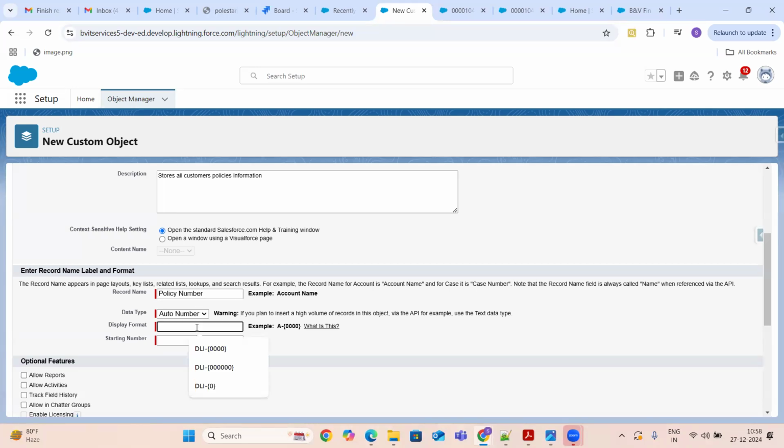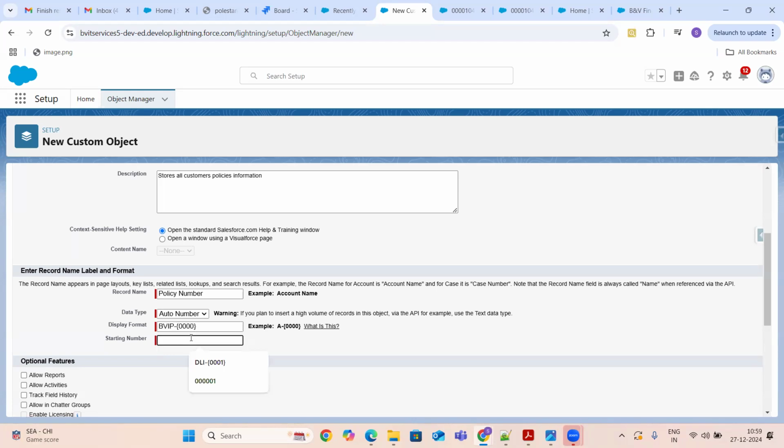And what is the policy number format that you would like to give? So, V is my company name and insurance policy I'm going to give. Okay, so I'm going to give a display format like that: BBIP hyphen some number. If you want to generate a 4-digit number, then you have to give 4 zeros. If you want to generate a 5-digit number, 5 zeros. Okay, like that. So I'm just giving an example of 4 zeros.